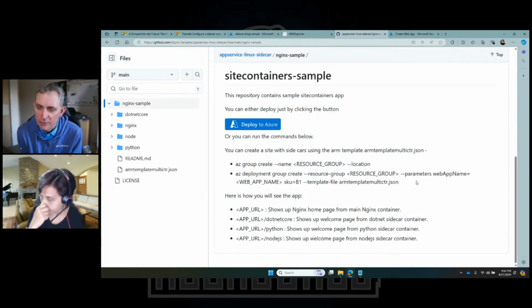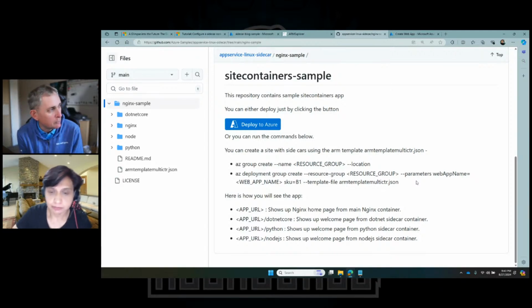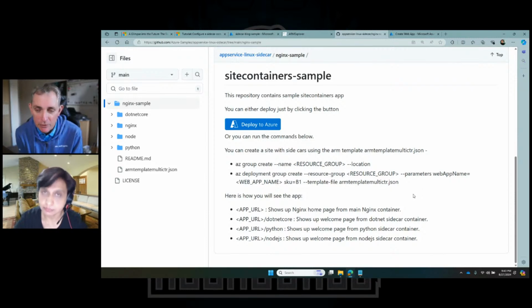Okay. One last question. Can you have different versions of .NET running in different containers or different sidecars? Absolutely. So you could have a .NET 6, a .NET 8, a .NET 9 now running as different containers, and that's all going to work, because that's the beauty of having containers. You're putting in the entire framework inside the container, so it doesn't matter for us, and we will run it all together for you. Does that also mean that if you had, let's just say, your site in .NET 3.1, you could potentially create new features and put them into a sidecar and use .NET 8, for example? Yes, absolutely.